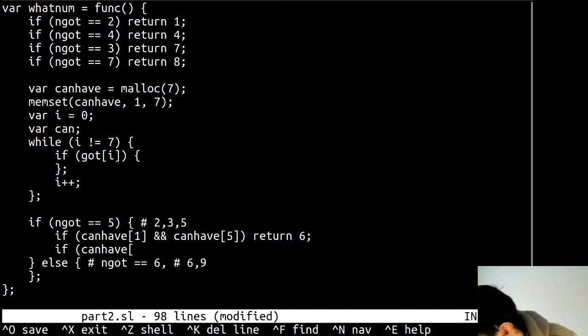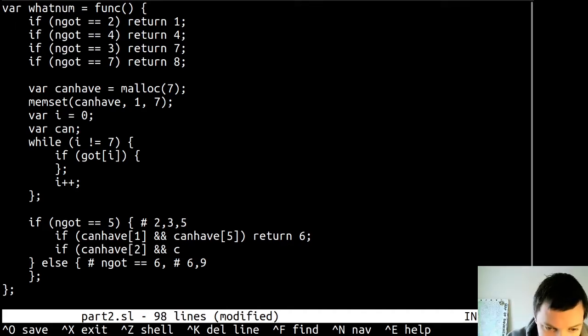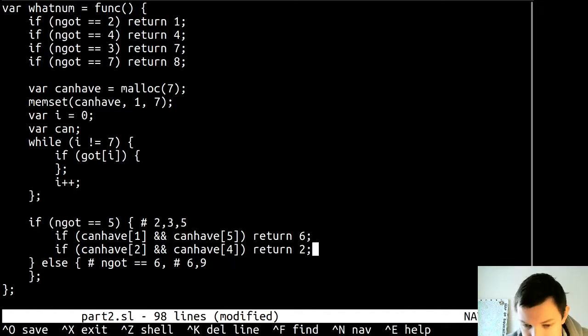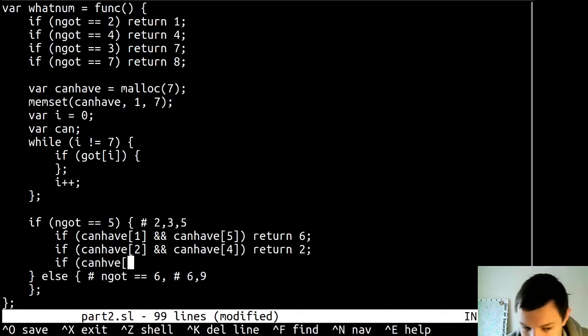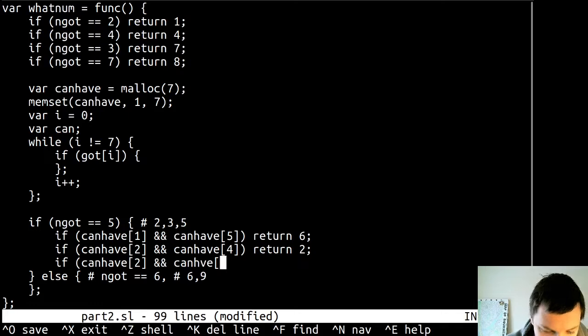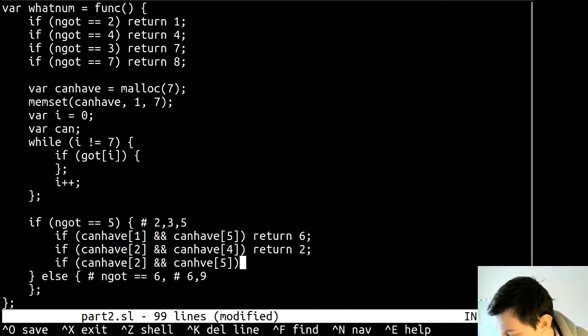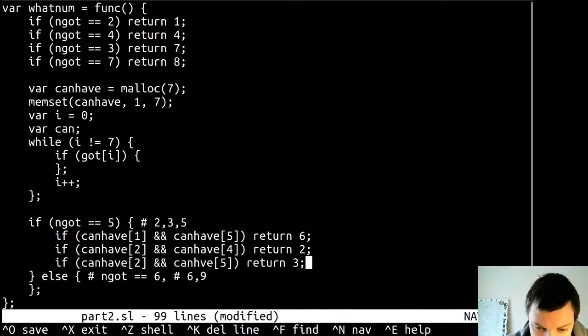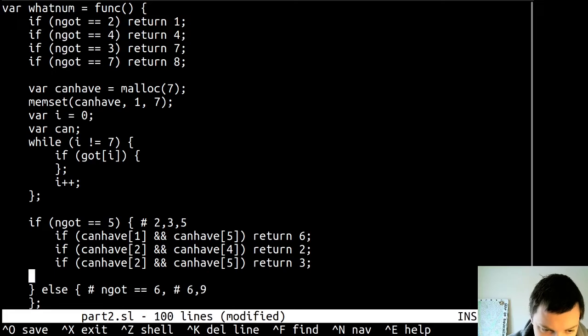If we might have 2 and we might have 4, then we'll say it's a 2. If we might have 2 and we might have 5, then we'll say it's a 3. Otherwise,